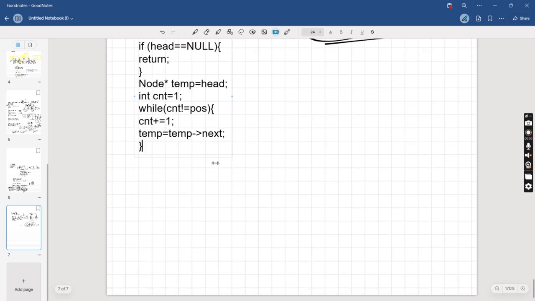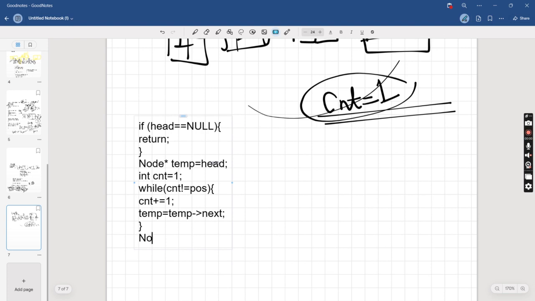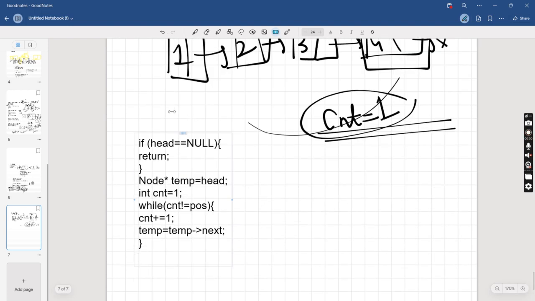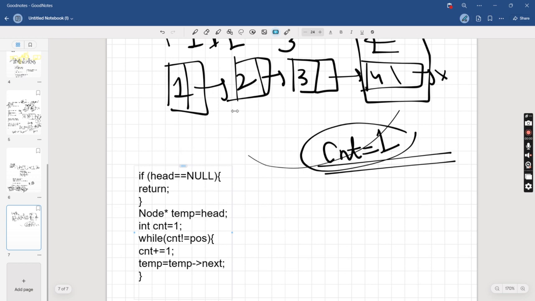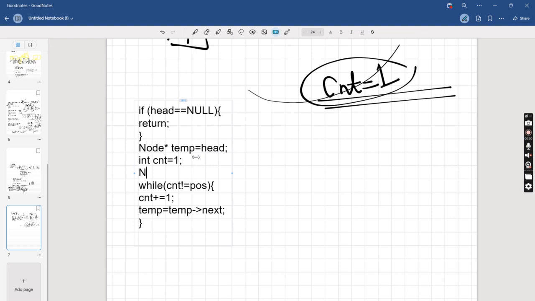Okay, then once I got the position, I need to keep track of it, so I need to create another node which is basically initially null. What I will do, and I will